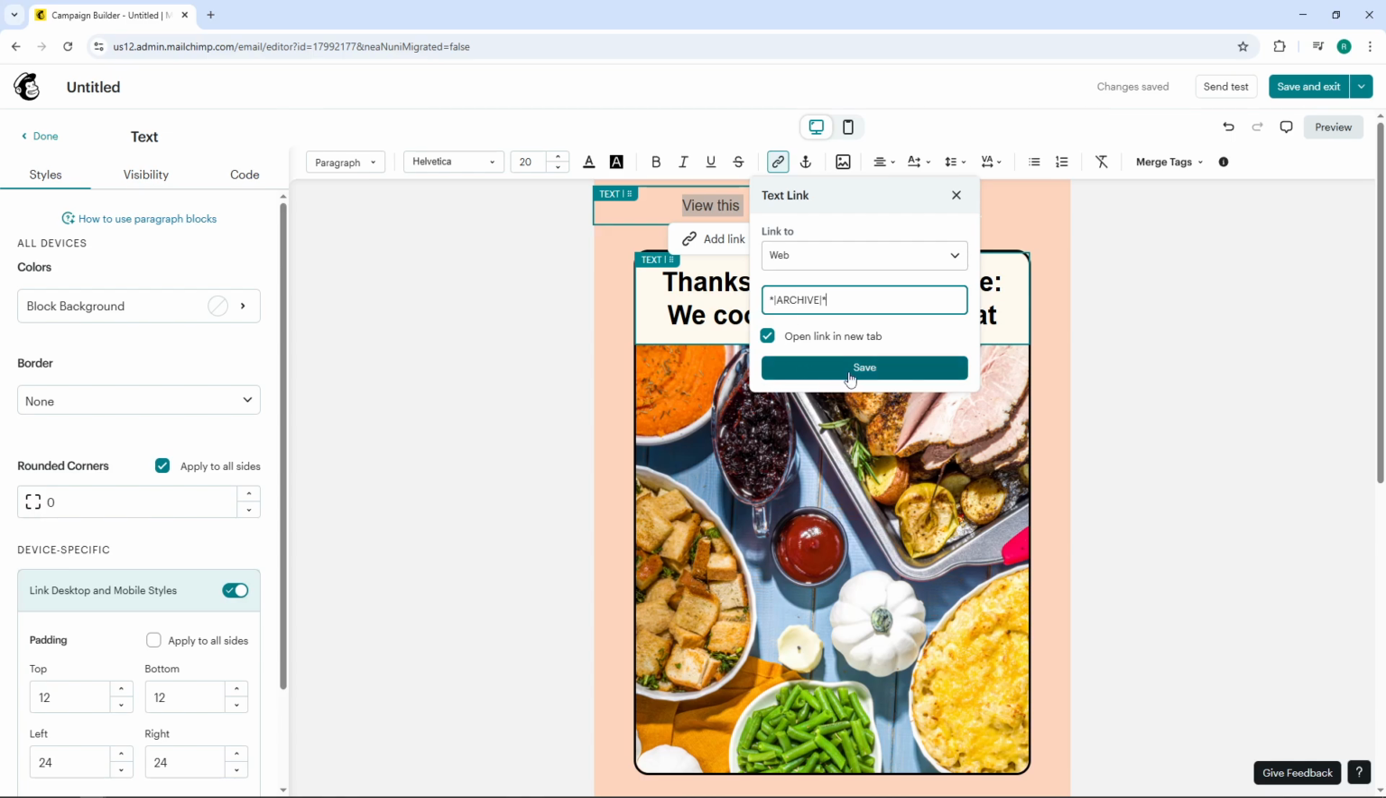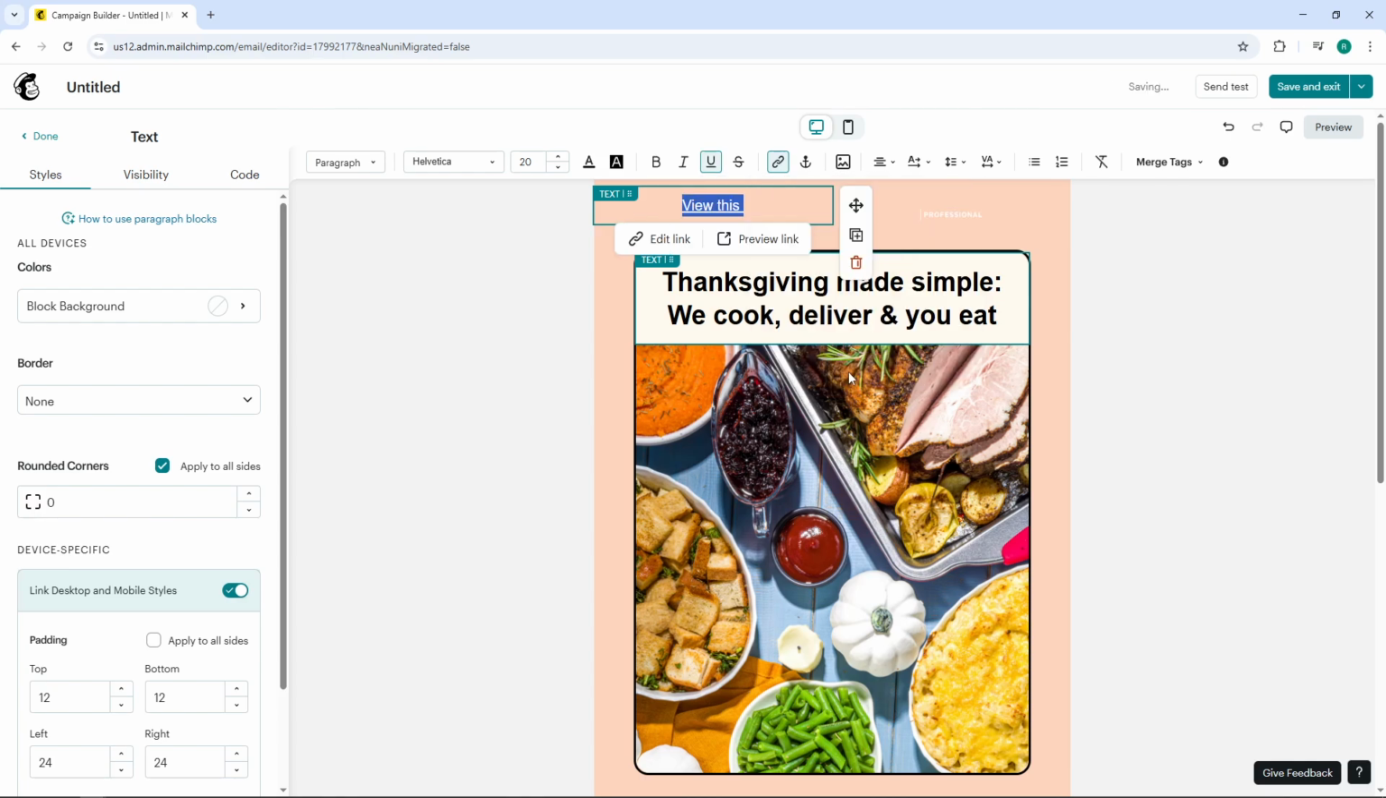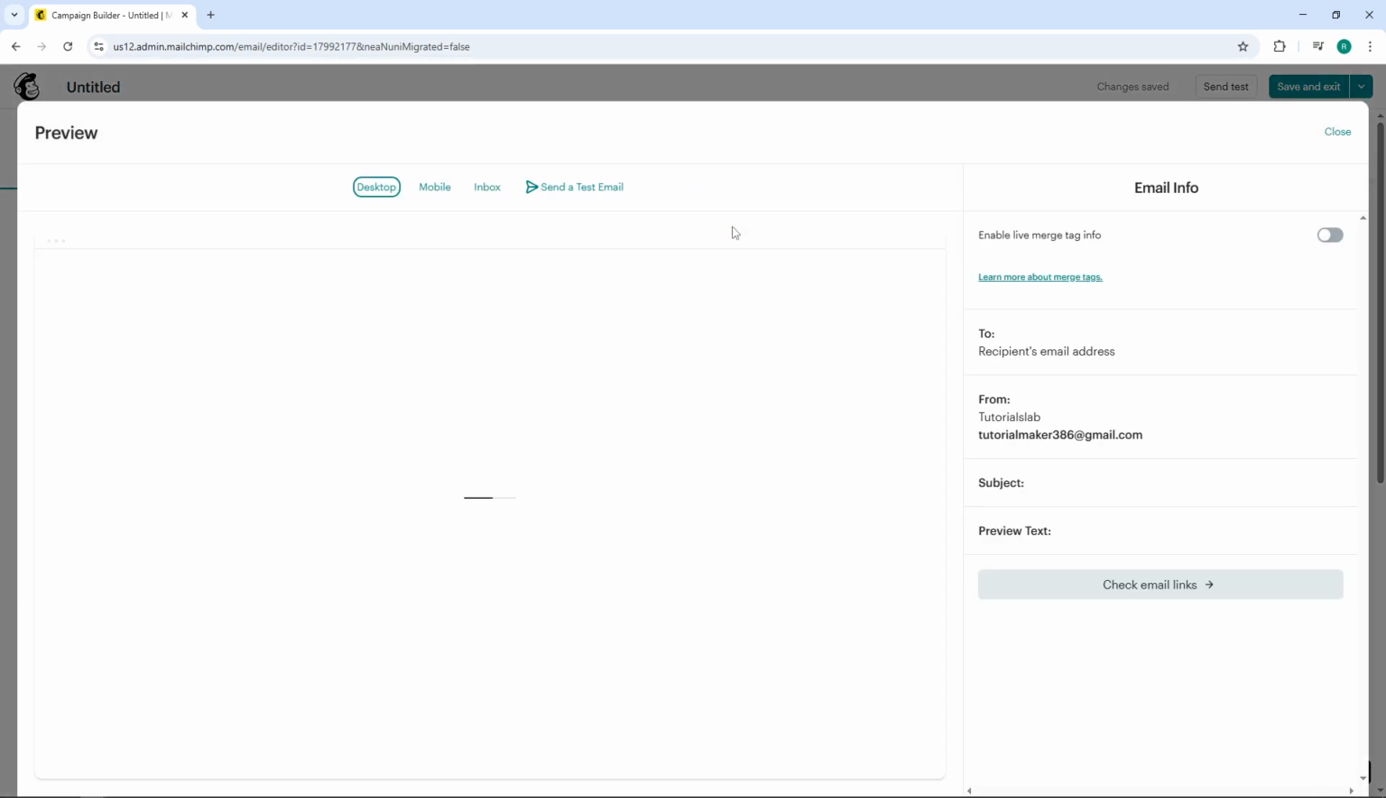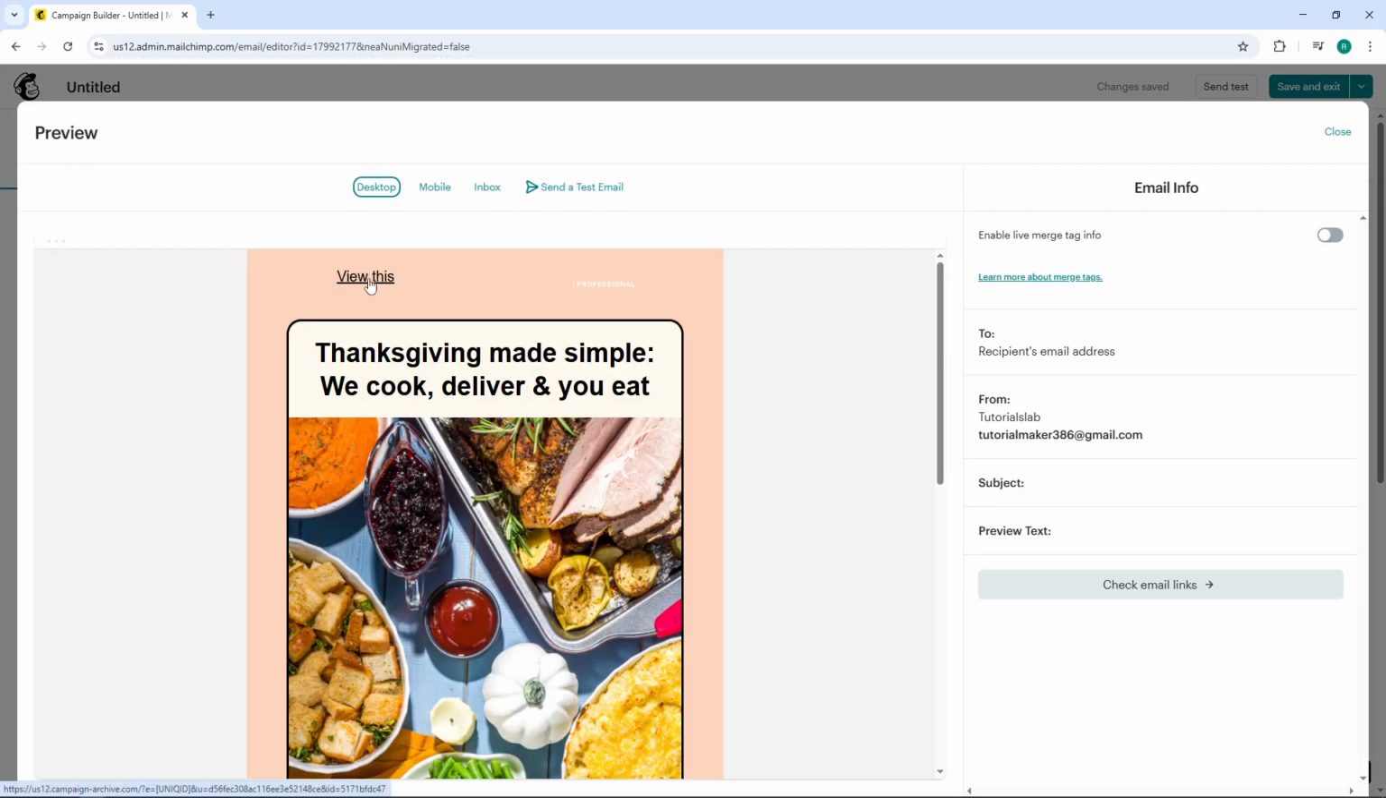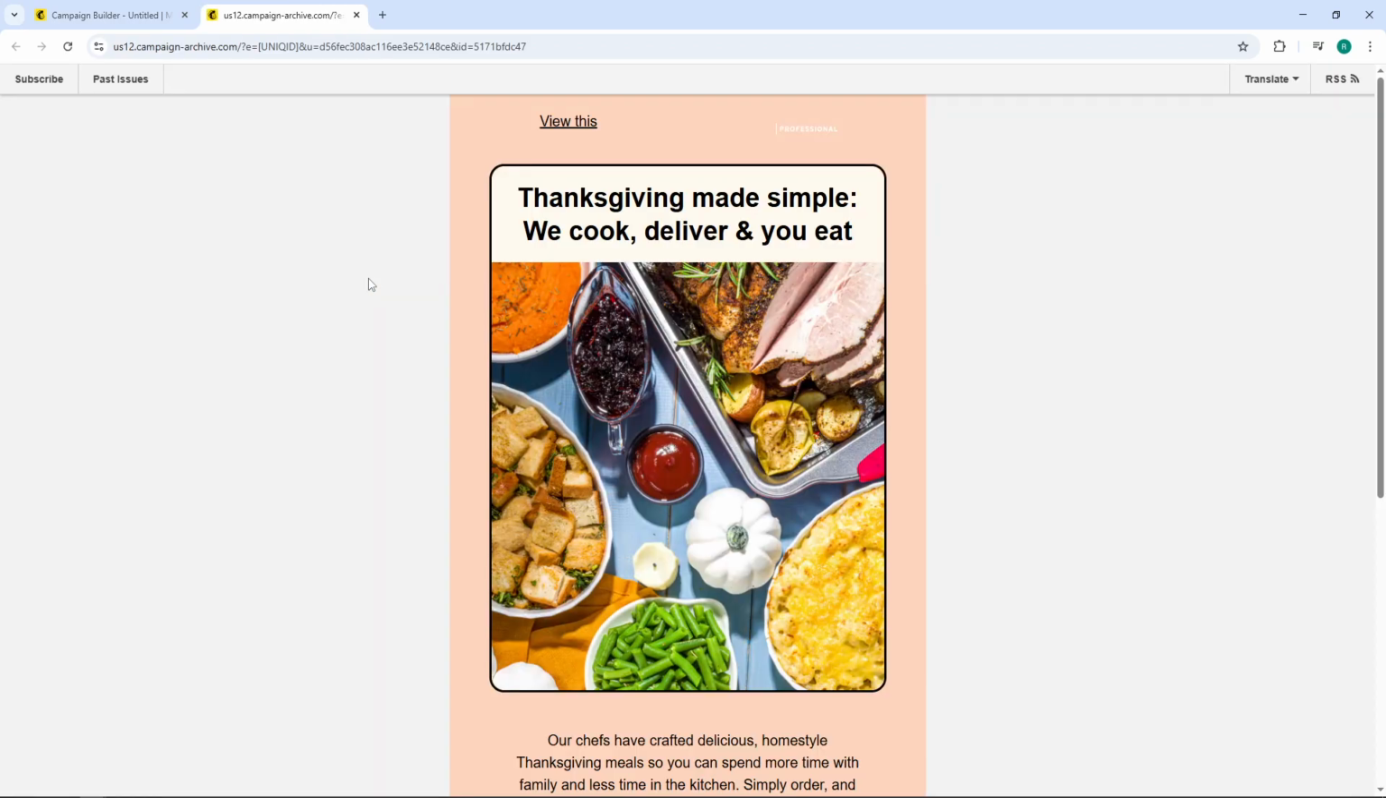Once you've pasted it, click Insert or Add. Finally, click Save and close to save the changes to your email. Your view in browser link is now active and will appear at the top of every email you send with this template. Subscribers who have display issues can simply click it and view the full email in their browser without